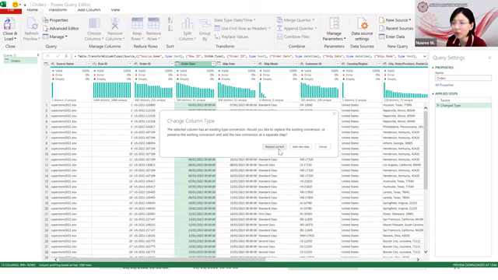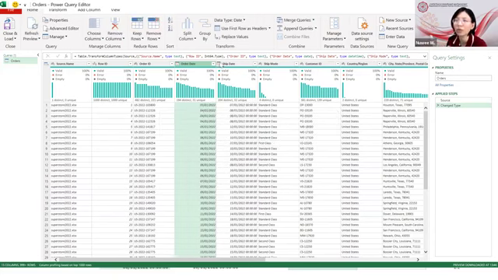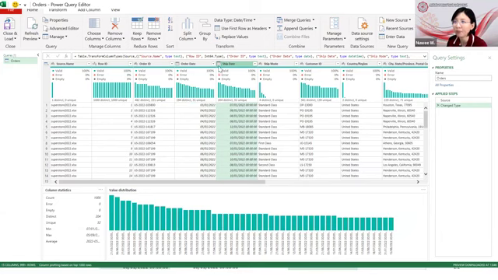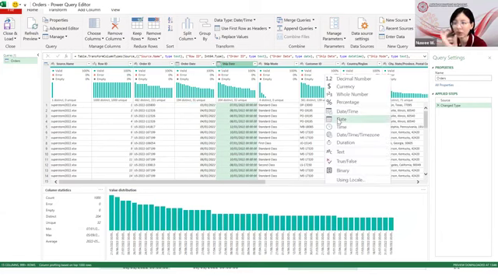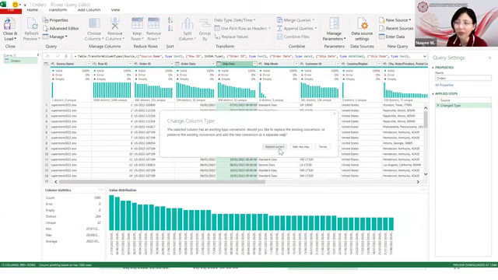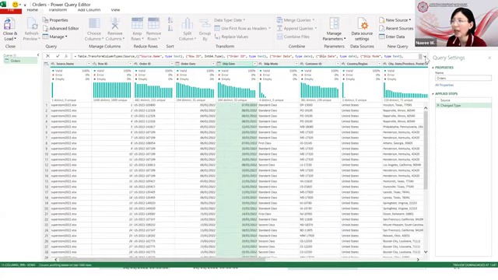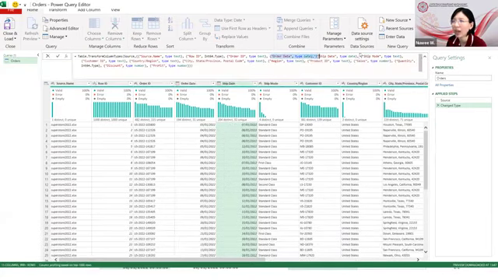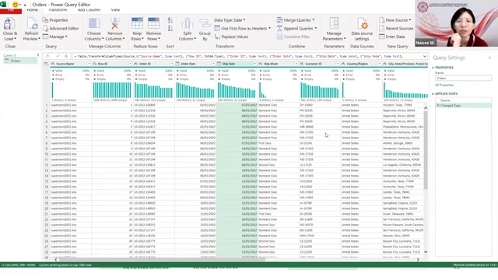Right? You can just use replace current, and you do like this for ship date, right? I just change to date and replace current. So you can see that the type has just changed from date time to date. And that's it. That's what it does. Okay. So now let's get back to our